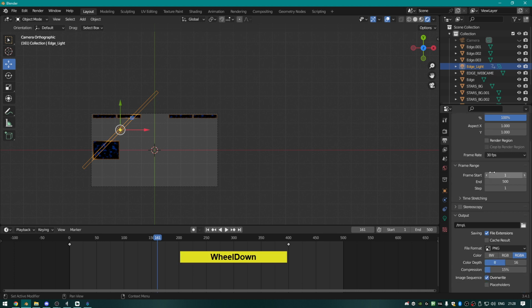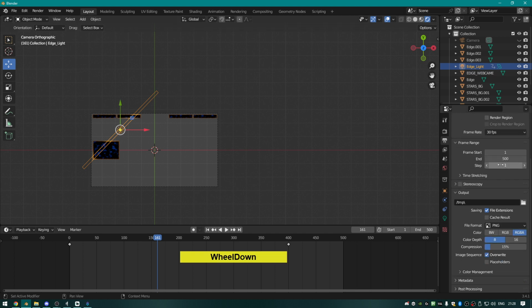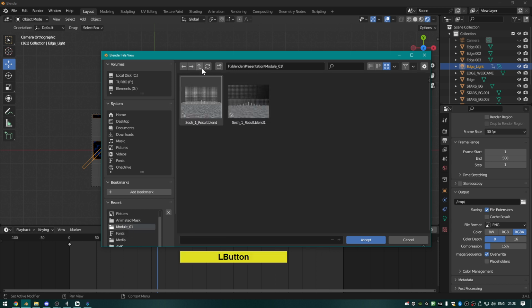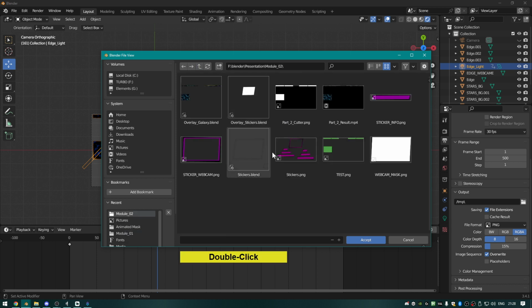So the last thing to do is we want to actually make this render out a movie. So what we want to do is go to the output options we've set here. I want to make this the same place as before. Okay, so it's here. So I'm going to call this overlay